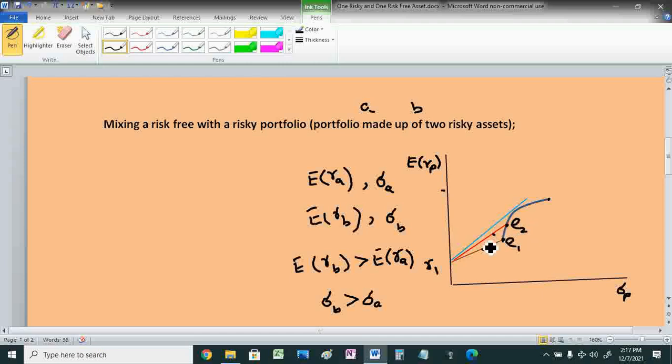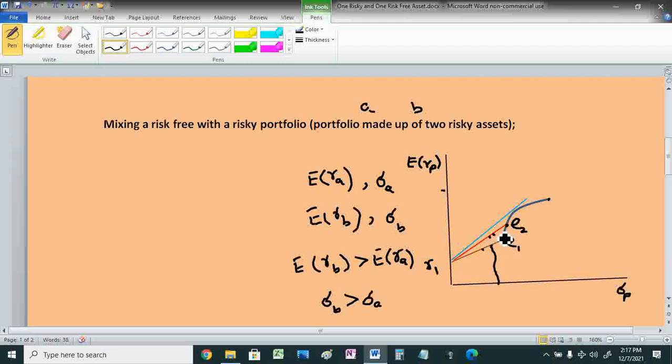Note that this ray that is giving us the combination of risk-free security with the portfolio represented by E2 is dominating all these combinations which are available on this lower ray, and so this means that all the combinations on this red ray are relatively efficient to all these choices which might be available on this lower ray, because for the same amount of risk, this lower ray offers a smaller expected rate of return relative to this red ray, and so this means that when these opportunities are available, they will not be